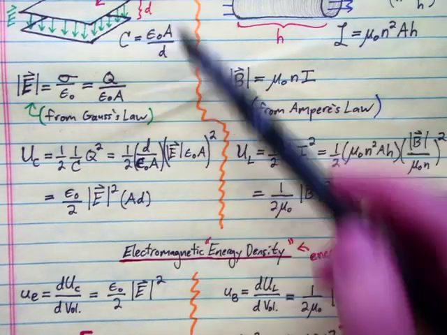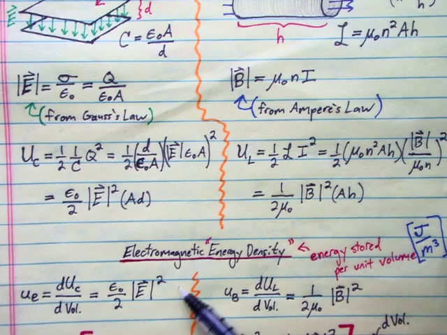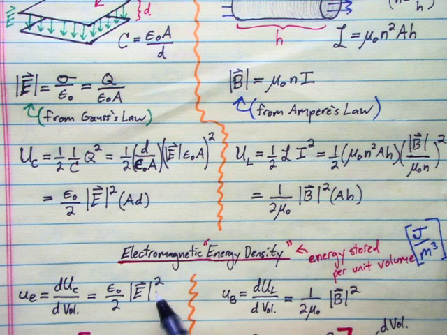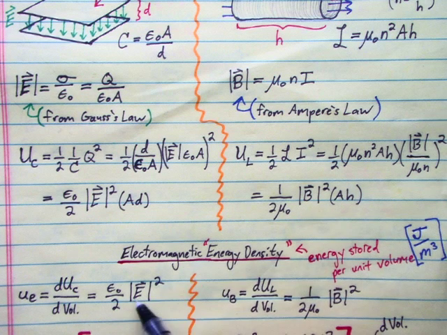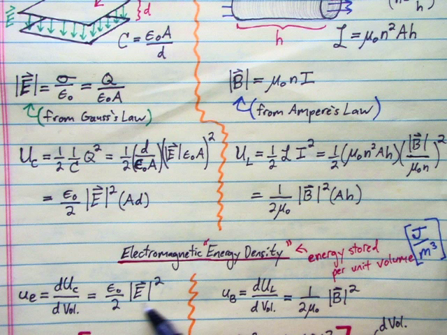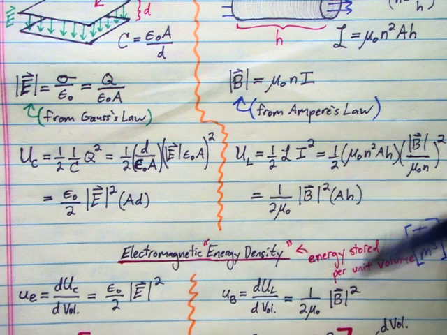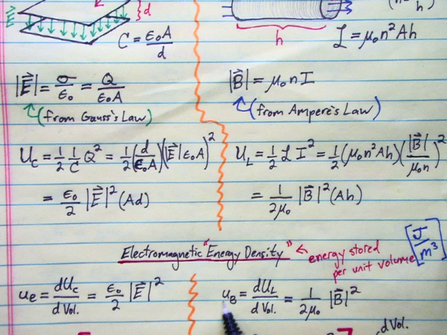plates here. And it turns out that that is this simple expression, epsilon naught over 2 times the field strength squared. What we're seeing here is that the field itself is storing the energy. If there's field at a particular point in space, then there is a certain density of energy being stored in that space. Over on this side, this is a little u sub b for the energy density being stored in